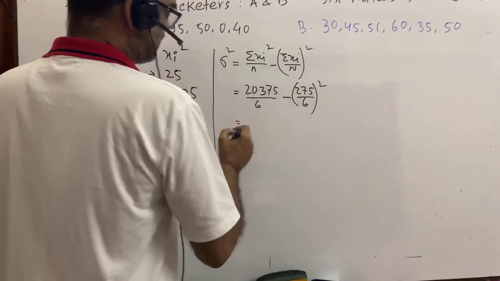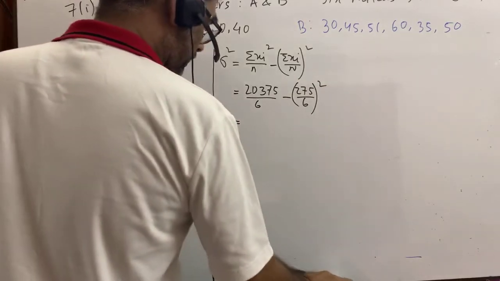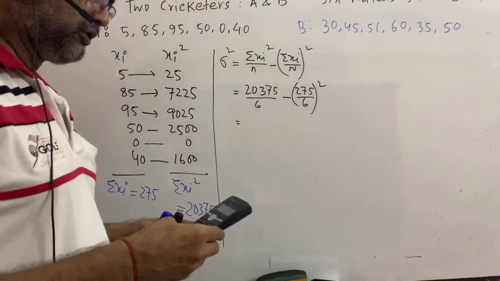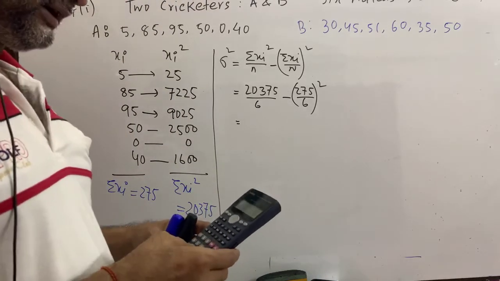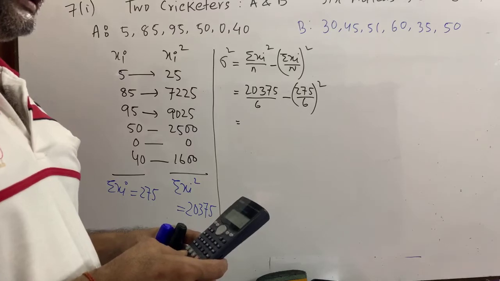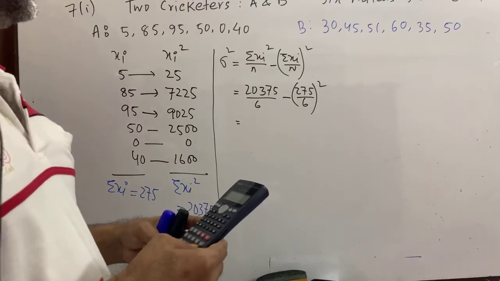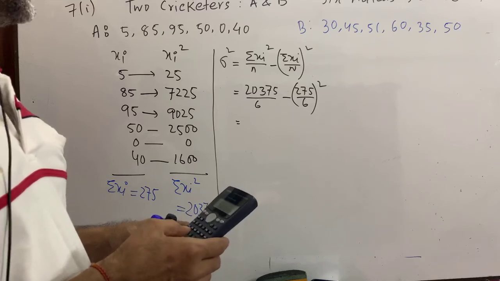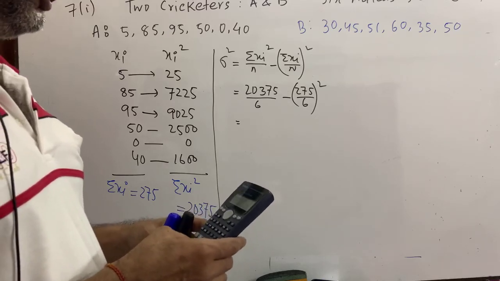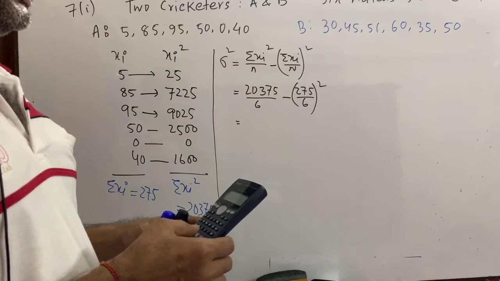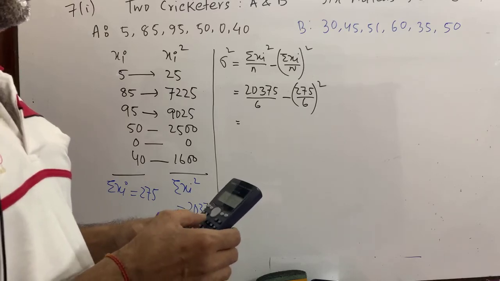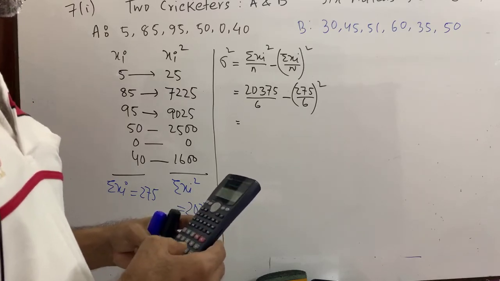Please use the calculator. 20375 divided by 6, minus, first bracket, 275 divided by 6, bracket closed, square, equals